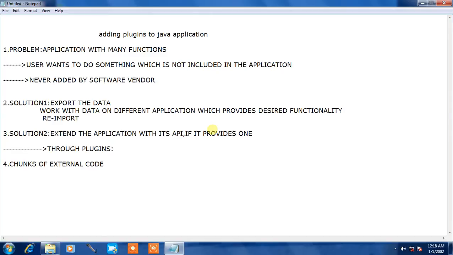That is, chunks of external code are placed in the plugins so that they can be used by the programmer for performing their desired functionality on any application. These are the solutions for the above problem.